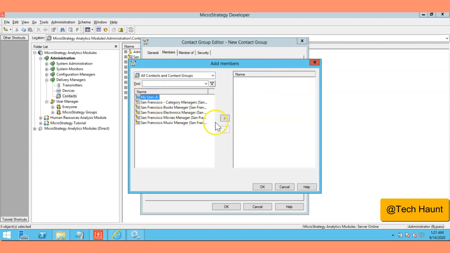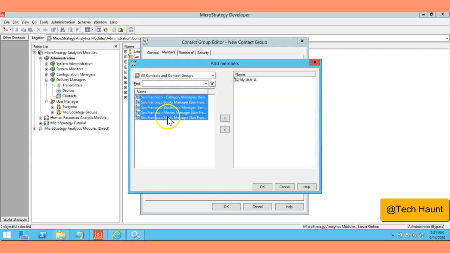I'm going to add my user hyphen a into my group. And if you want to add multiple, you can add them at a time. You can select either shift and select all, or you can use control and select them. So I'm just going to add only my user hyphen a into this group, and then hit